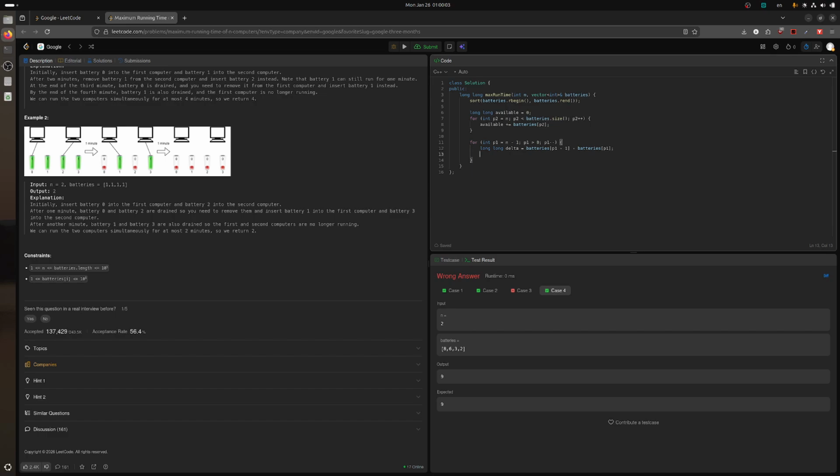So what do we do? Well, that's delta, and then long count is n minus p1, so that is how many we are actually increasing. Okay, and then what do we want to do? So we need this amount, and if we cannot get that,